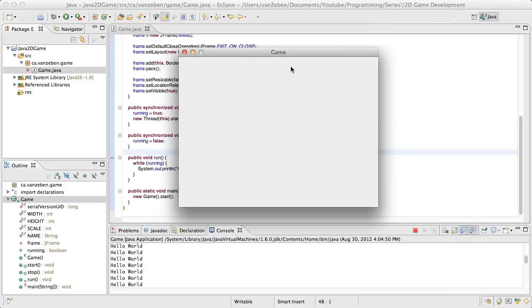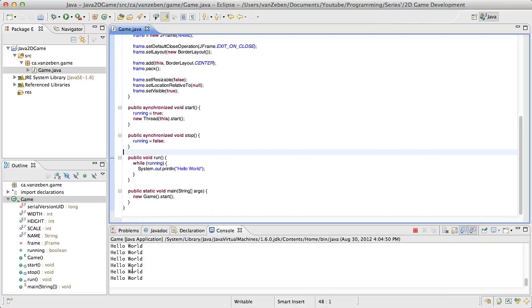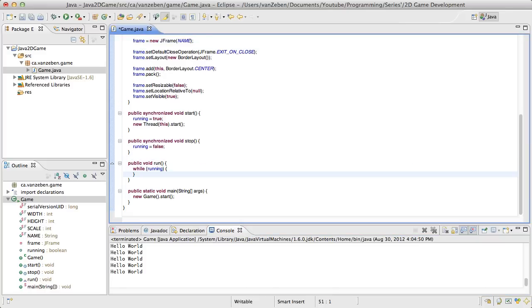So you'll see that we have this game frame here. This is a JFrame with the canvas inside it, and we just got a bunch of hello world spitting out. So we're just going to cancel that. You see when it's closed, it'll dispose itself. So there's that. We're just going to test things as we go along just to make sure that things work. It's not like we're going to be keeping all of them. Most of the stuff we will keep, but we might remove some of it just because it was for testing